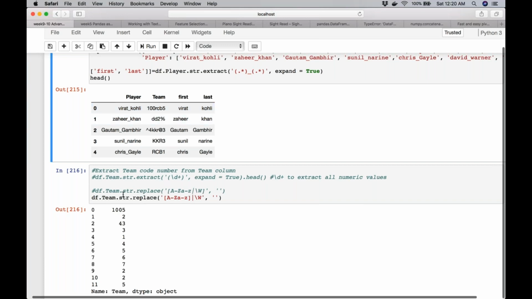So for this use case particularly, replace is the way to go. These are the two primary functions that you'll be using, replace and extract. They are doing two opposite things, right? Extract is you just extract what you want and everything else is discarded. In case of replace, you replace what you don't want, so what remains is finally what you desired in your column.